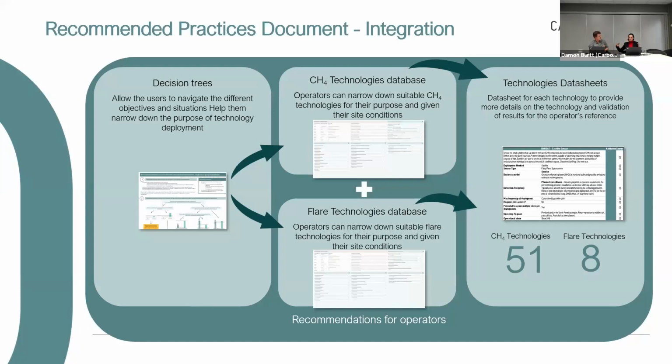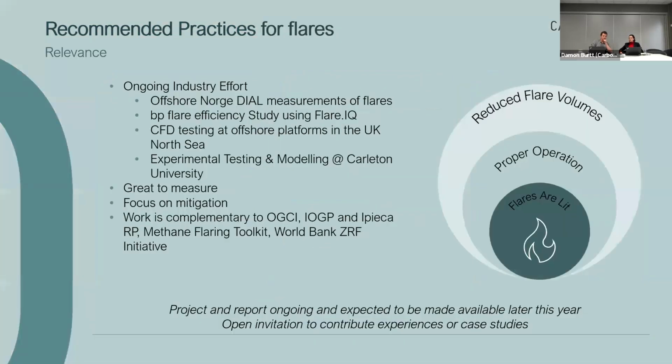Okay, this is great. It's just looking at it from an angle that makes sense to understand the capabilities of those technologies. But now, also going back to you about these recommended practices for flares, I know it's not finished, but what conclusions are you going towards? What kind of resources do you feel are available, or what kind of resources will you be able to make available through this work? Yeah, so I think that probably leads well into